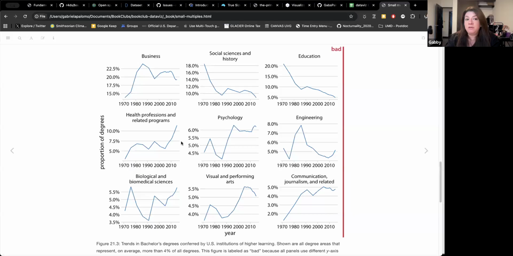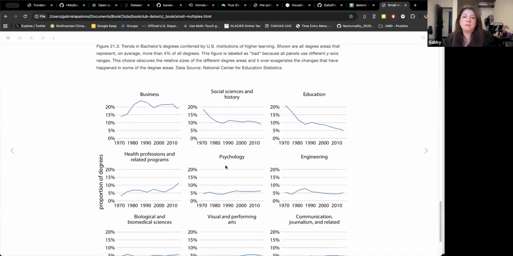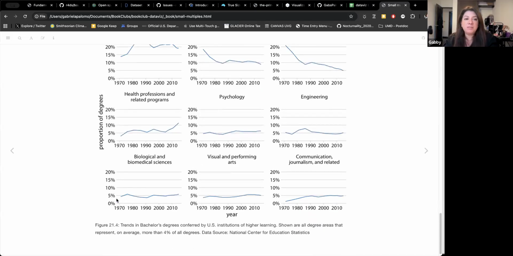That is bad. The other thing that could happen is that, let's say for whatever reason, engineering started in 1980. They didn't offer any degrees in engineering before 1980. And then people would start this graph in 1980 instead of 1970, like all the other ones started. So that would also be a bad thing to have here. You don't have consistency across your axis scales. So that's really bad. This is the corrected version of that, and you can see that there's consistency across all